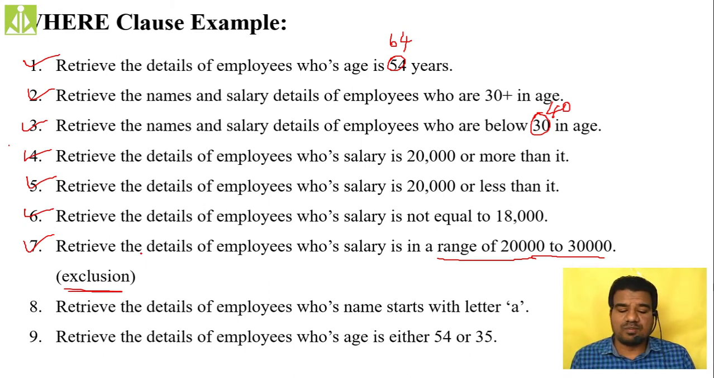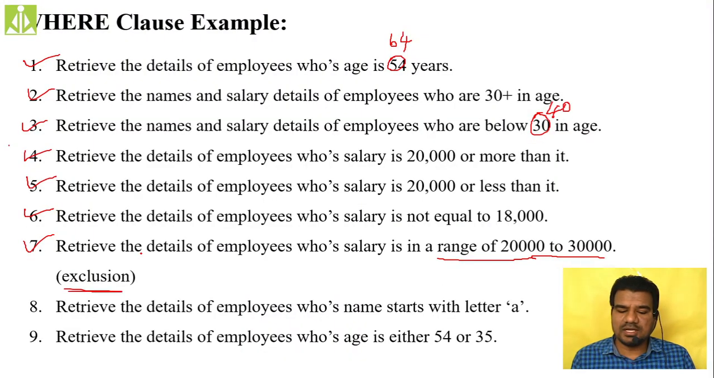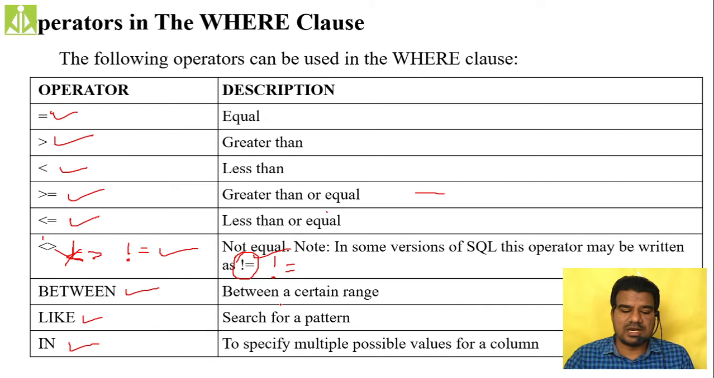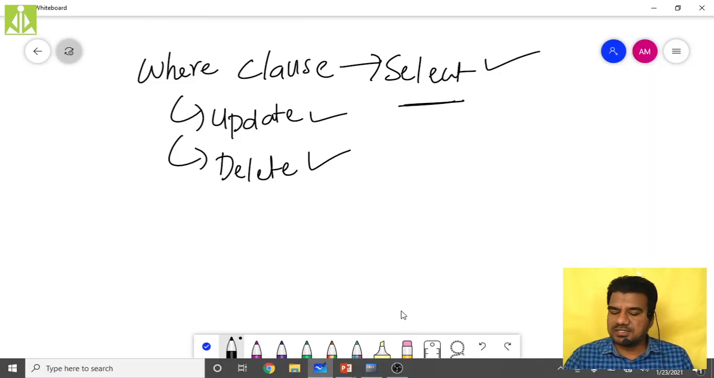Retrieve the details of employees whose name starts with the letter A. Here we have two different tokens that we are going to use with the like operator, because to do that one we use the like operator. Like operator we use, and we create a pattern. All these things are somewhat